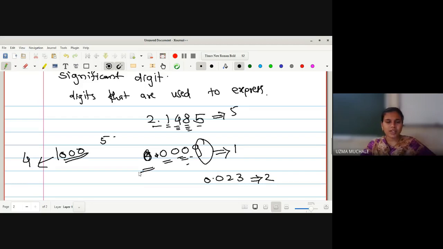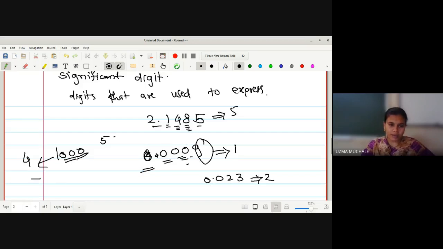So what is the definition of significant digit? It is simply going to fix that number. Rather, it is going to represent your number. So whatever numbers you are going to have, they are called significant digits. And one rule is there: if it is having zeros after the decimal, then you are not going to count them. We can say it is having only one significant digit in this number, and it has only 2 significant digits in this number.